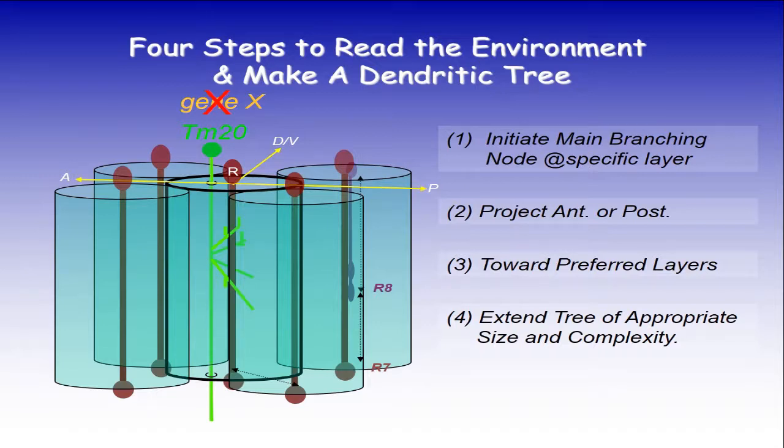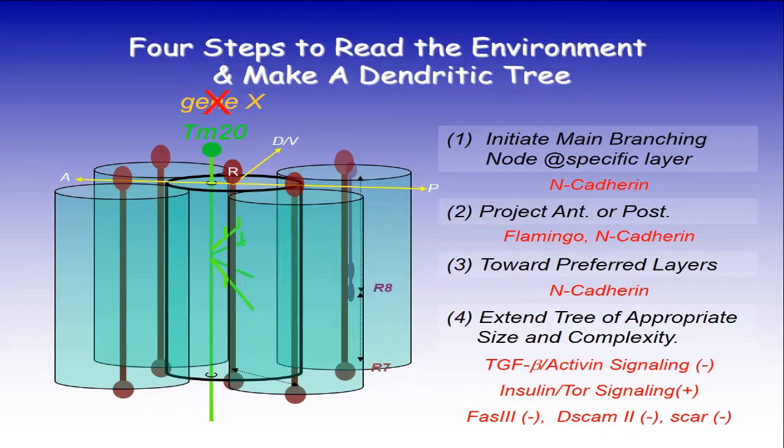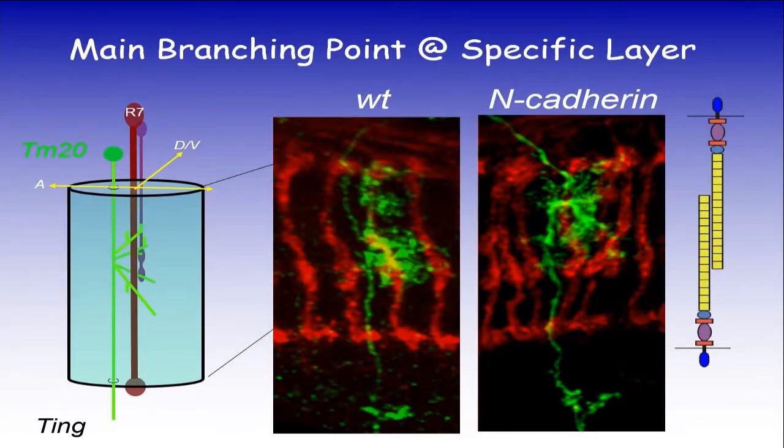But what we can learn is that there seems to be a specific new molecule involved in a specific process. When you disrupt an earlier process, the tendency is to disrupt later processes as well. And I'm going to tell you briefly about the N-cadherin involved in the early part, and then later we'll focus on the size change in terms of dendrite. So removing the N-cadherin from the TM20 neuron alone will actually shift the main dendritic branching point from the M3 layer into M2 layers.